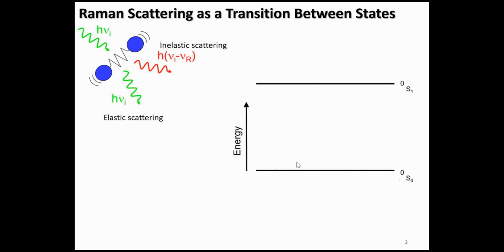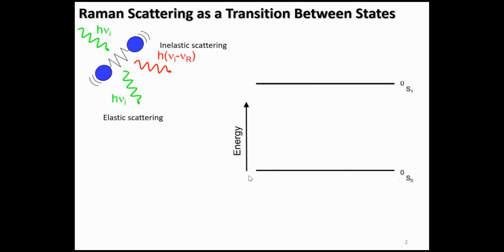As a transition between states, you can see this is S0, the ground state, and S1 is your first excited state. Energy is being used to transit an electron from the ground to the excited state. This is an optical transition, like an electronic band diagram. These will be electronic levels. Now you can see this blue one is your optical transition.